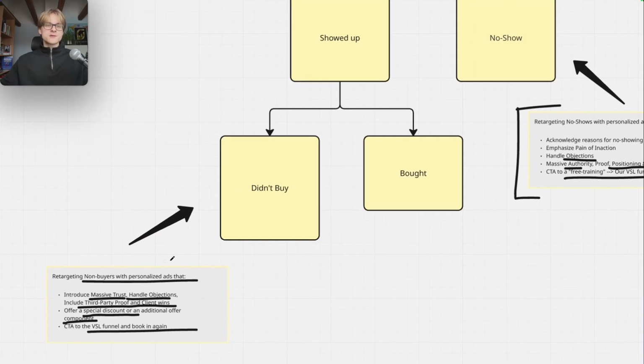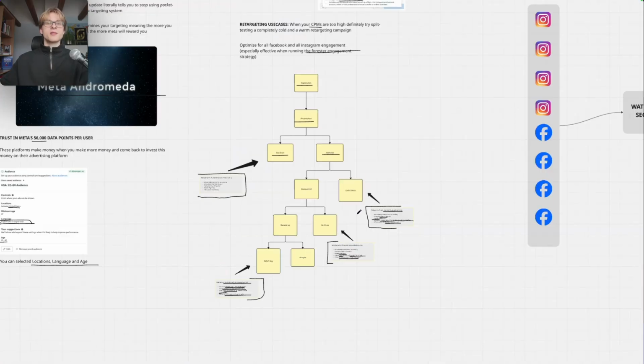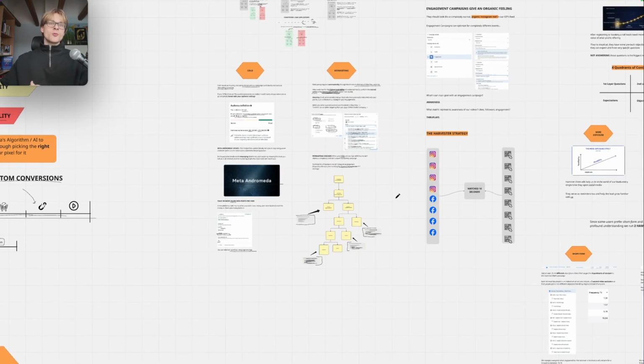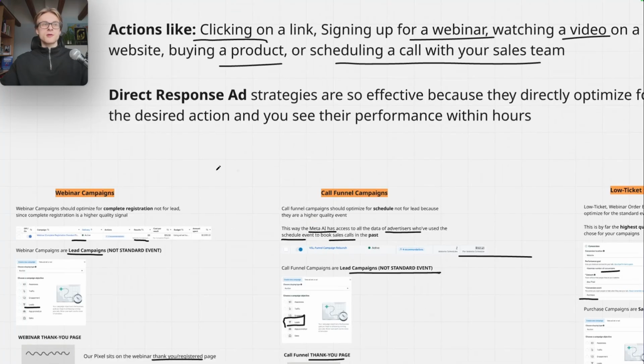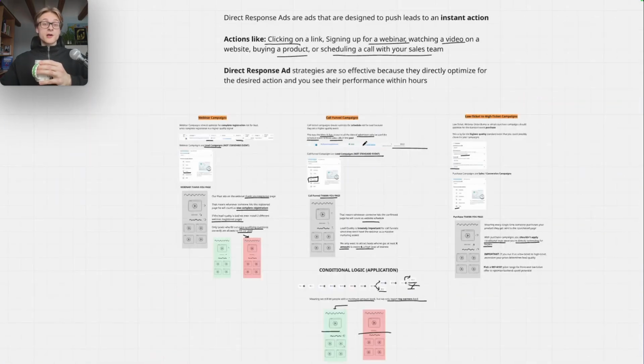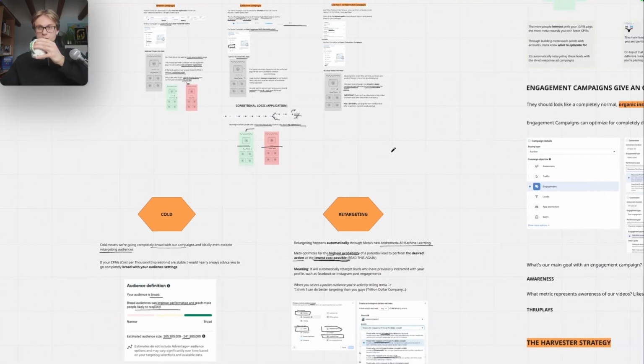Okay, same thing for the buyers. So if you don't have this in place, I would rather retarget these guys with an email, for example. But again, obviously for the no-shows and for the people who didn't book, this is where you can make the most money. Now, this is how retargeting works. It always works in an if this then that logic. It can make sense for you depending on your current setup, right? Now, with that being said, this is everything you need to know about a direct response campaign, right? We talked about the different campaigns that you could run, about how retargeting works, and about how broad and completely cold targeting works as well.